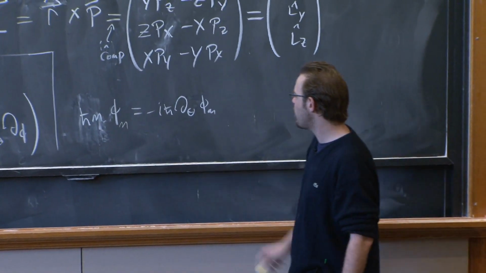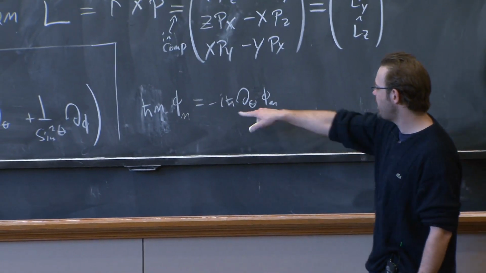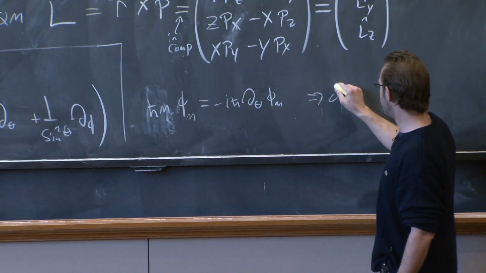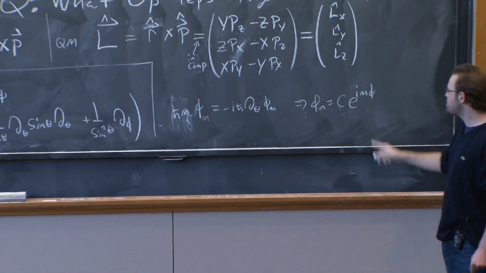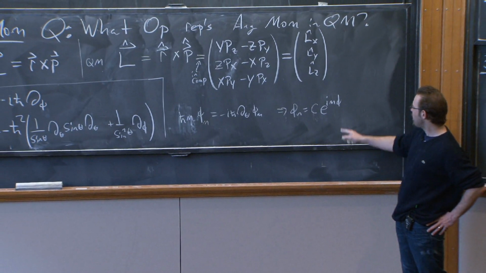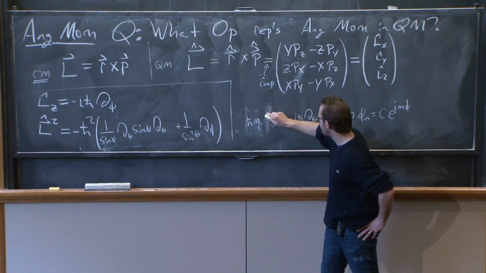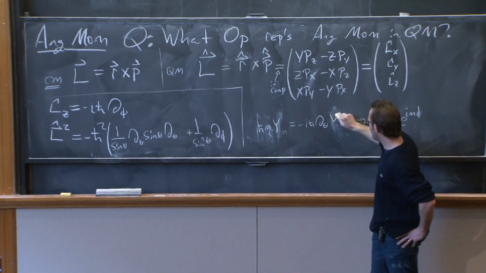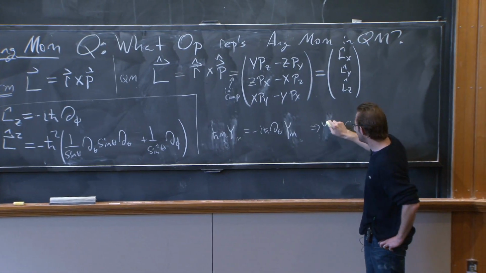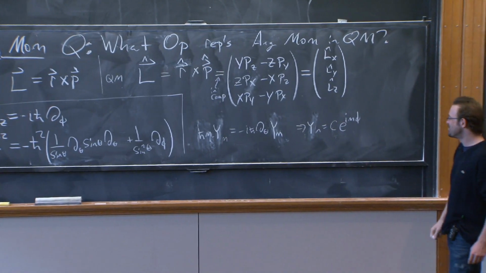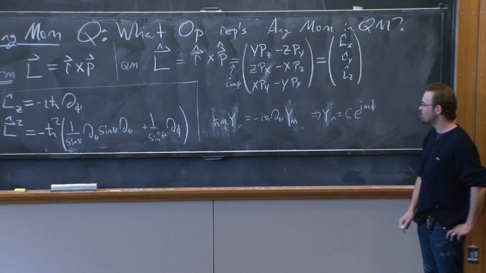And we all know the solution of this equation. The derivative is equal to a constant times. We can lose the h bars. We get a minus i, so we pick up an i. So therefore, phi sub m is equal to some constant times e to the i m phi. What can we say about m? Well, here's an important thing. Oh, shoot, I'm using phi in so many different ways here. Let's not call this phi, because it's going to confuse us. Let's call it y sub m. So phi is the variable, y is the eigenfunction of Lz, and that's great.